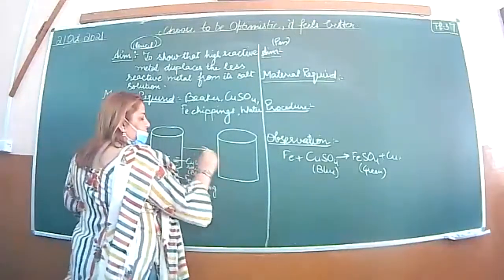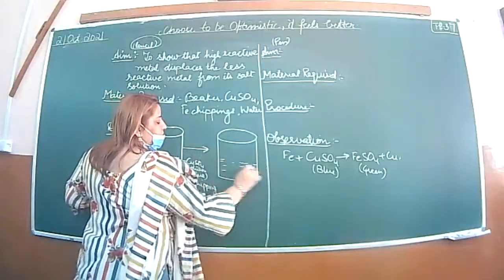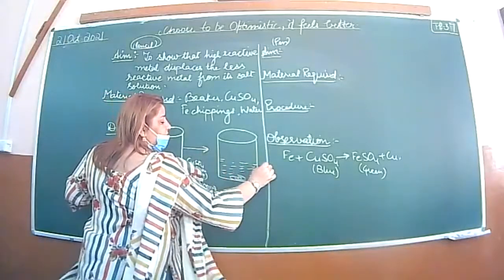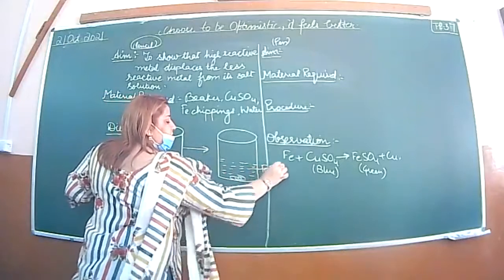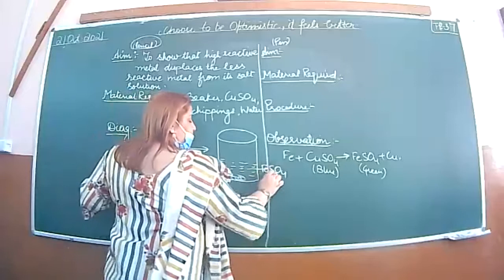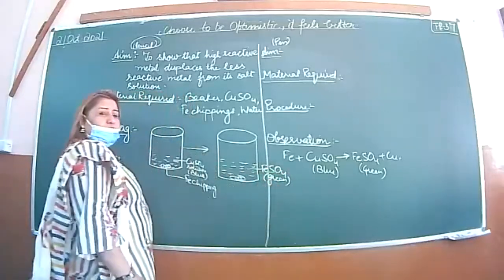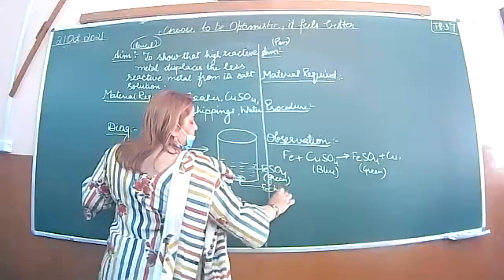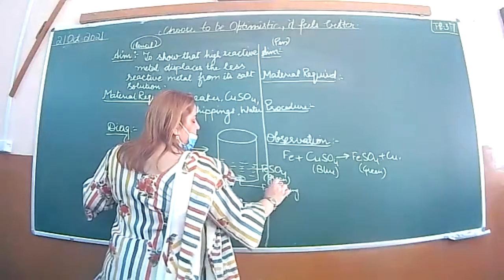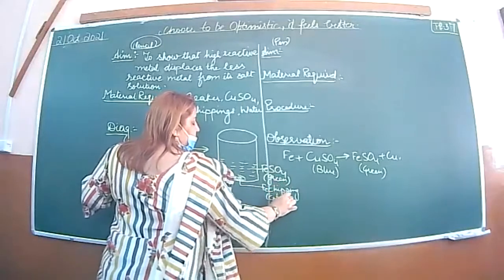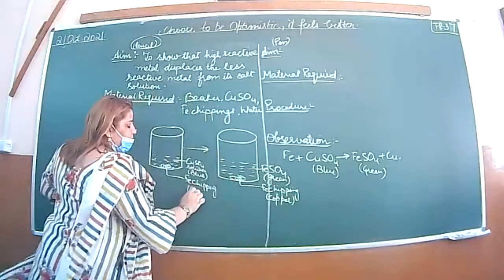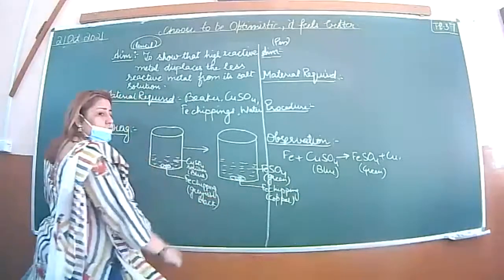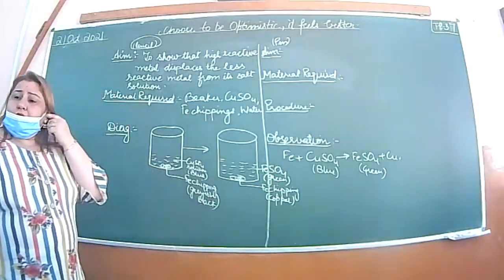Okay? And after some time, you will again make the solution. And here you will write FeSO4, that is of green in color. You will make the solution green color, and here iron. Colors you will write down. Here copper shade and here grayish black. Is this clear, beta? Any doubt?